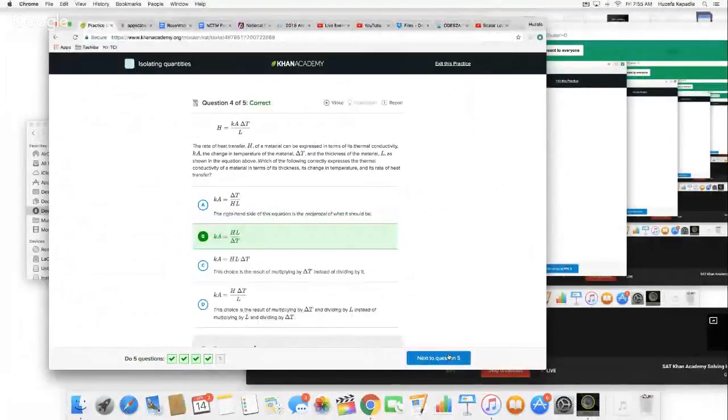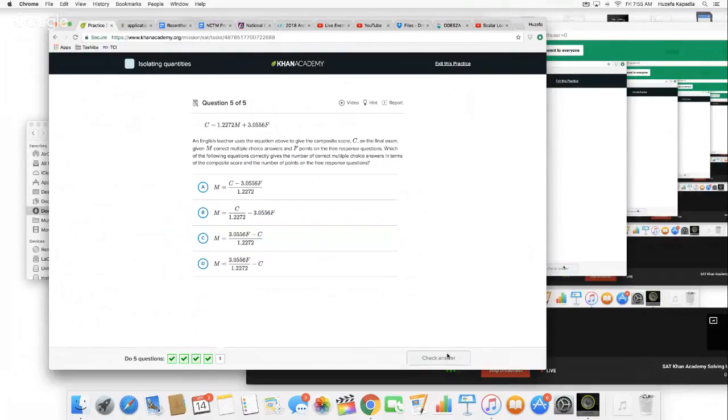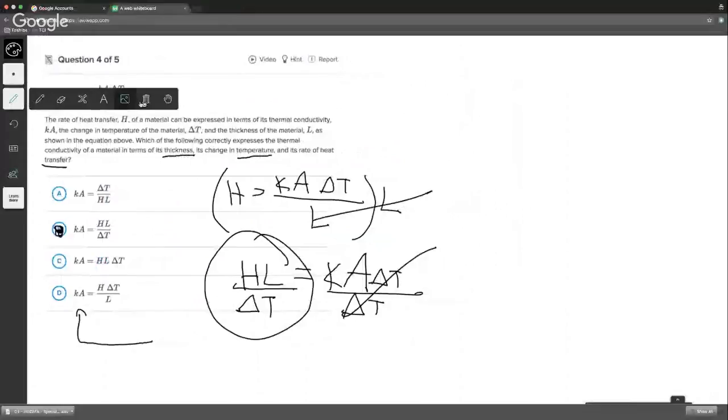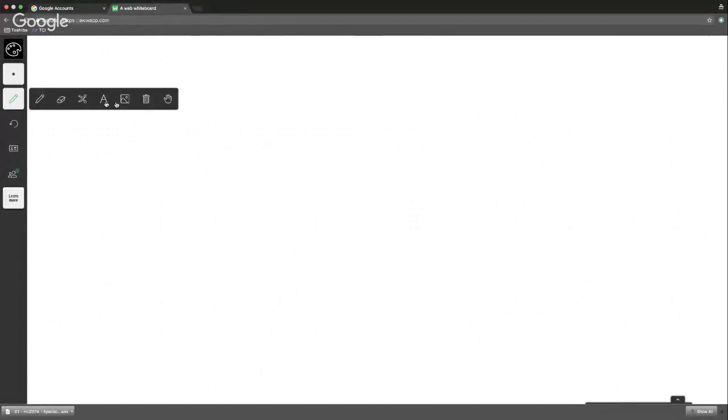It's like that mask of complexity or difficulty. It sort of fades away, right? If you get really wrapped up in that complex text and all that scientific jargon, it can seem really overwhelming. And again, this last problem is the same type of thing. By the way, I think a lot of these problems that we've been doing have been no calculator, but that's perfect because a calculator wouldn't even help you on these problems. So it's almost better that